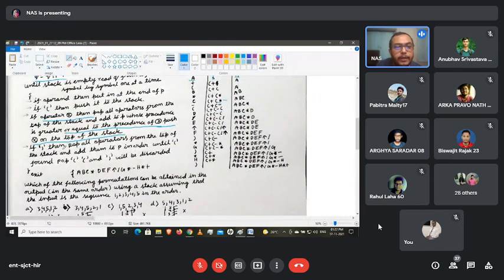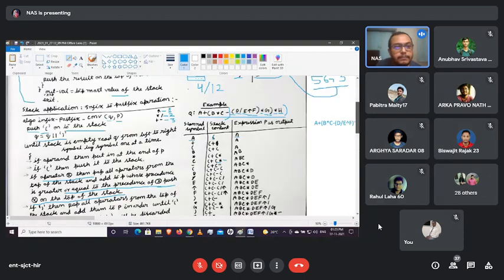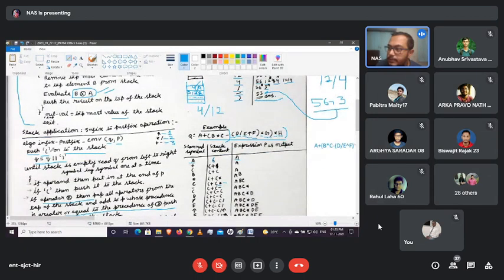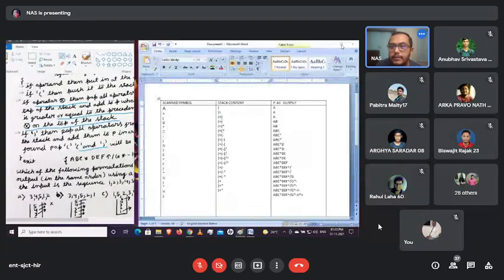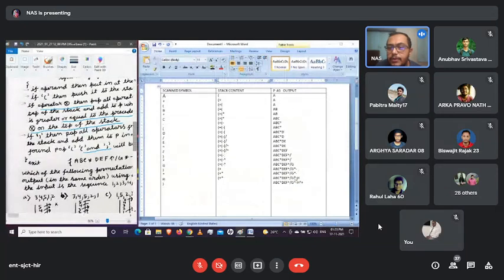Pop all operators from the top of the stack and add them to P in order until this bracket is found, and then it will be discarded. So we have first pushed this one, and then we have concatenated this one. Both of them got matched, meaning our total function got exhausted. There is nothing left, and that's how your postfix operation has been done.